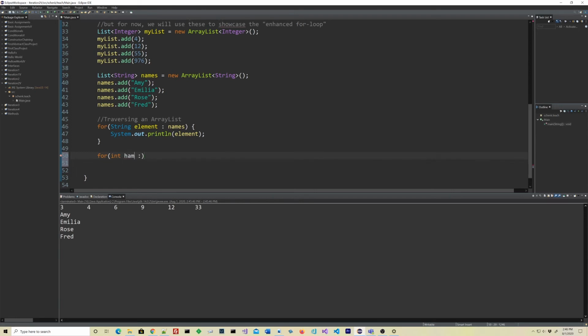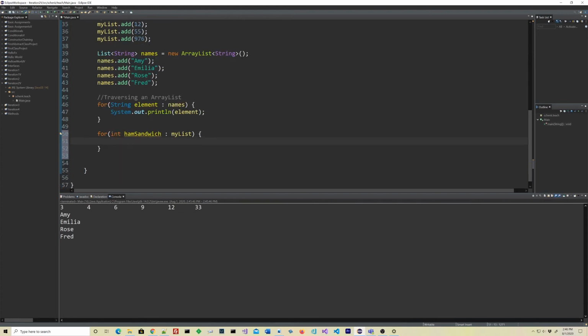This could be ham sandwich in my list. Now we'll see if I can screw up my code by changing the name of my iterator. So I have an integer variable named ham sandwich. So I'm going to say system out print line